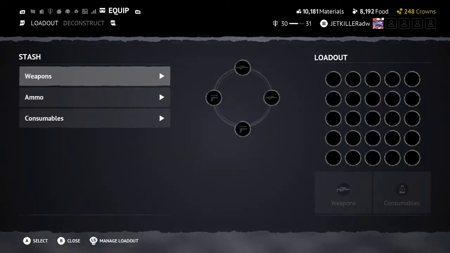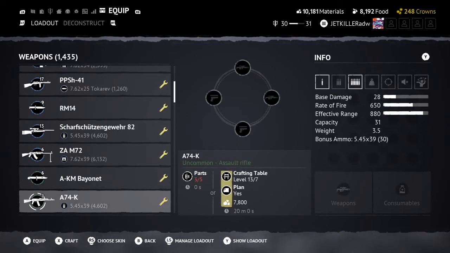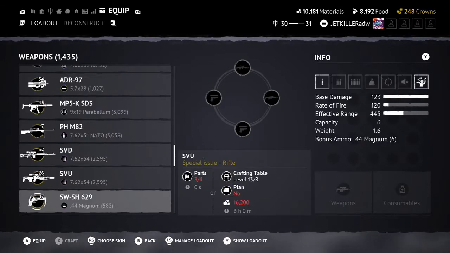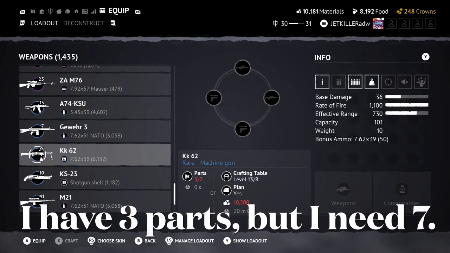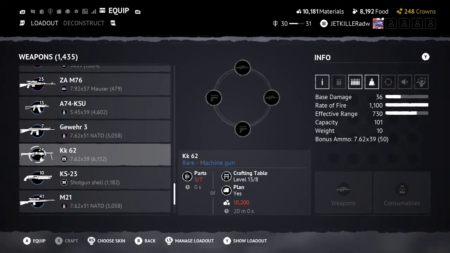So I'm going to show you the KK62. Remember, I can get 5 parts from that airdrop for the KK62. And it's actually down here somewhere. Give me a moment. Right there. So I need 7 parts to make a KK62 without the crafting table or the plan or the materials as well. So if you're trying to get, let's say, a really cool weapon, number 1, your crafting table has to be...